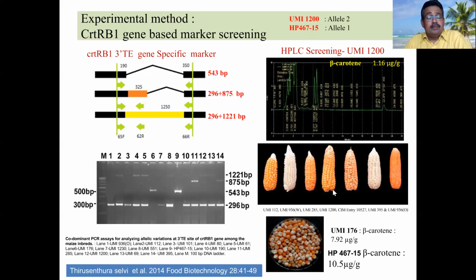We also screened all our more than 500 available tropical maize inbred lines. Except for one line, EOMAIDS 176, in the other lines we don't have any positive allele. Among the CIMMYT donors, initially we started with screening and couldn't get any positive plants, only one plant, which we had to confirm later. So most of the tropical lines don't have the high beta carotene donors, because all are having either the 325 base pair insertion or the 1250 insertion. So that's why it's all negative allele. We don't get it.